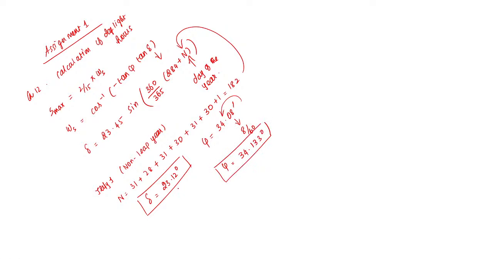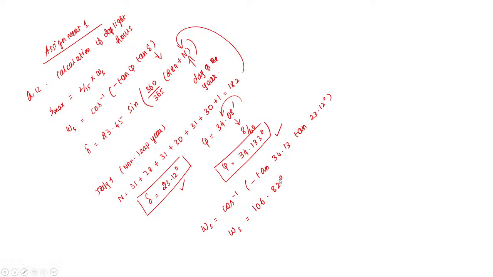If you know delta and phi, then omega S is cos inverse of minus tan phi tan delta, that is minus tan of 34.13 into tan of 23.12 degrees. So omega S is coming around